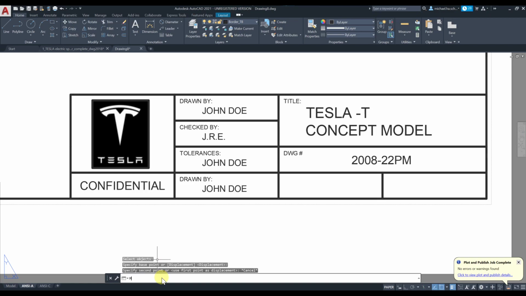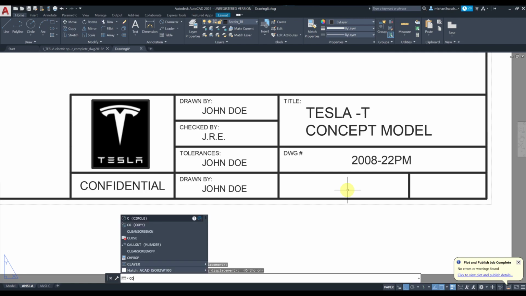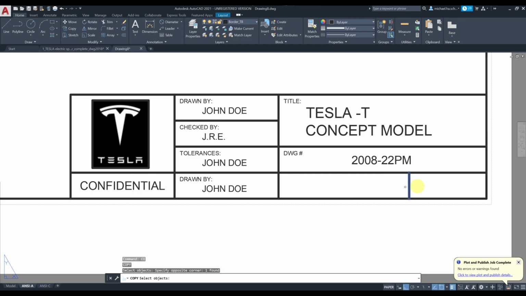I just type M, press enter, select the object, press enter, base point. And you can move it along X by pressing F8, so your ortho is on. So let's say that space is for date, and copy. And this is space for scale,